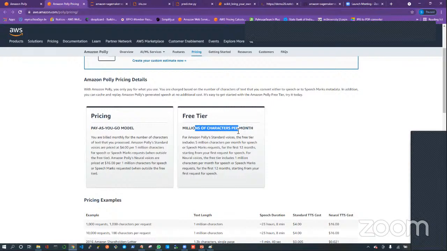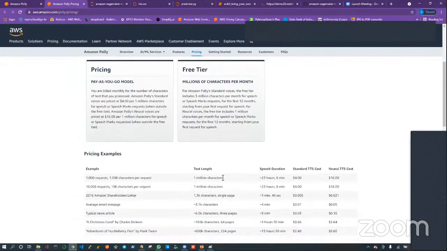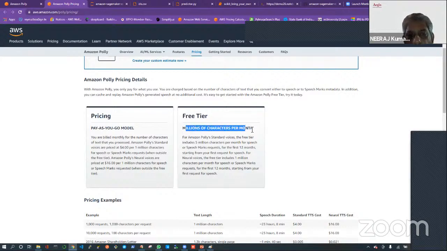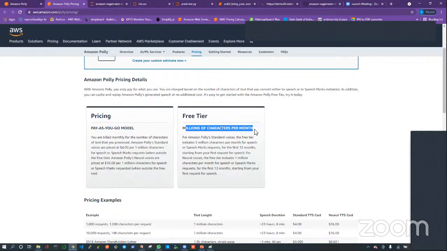Can you give an example, like how many characters in one day? It's very simple. Free tier means a million characters per month, which means 10 lakh characters in a month you can feed to Polly, and Polly can give you the voice for that, free of cost.